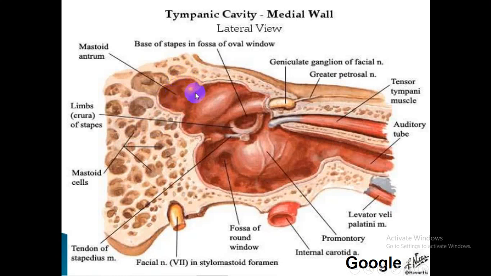Now below the aditus there is a small projection called the pyramid, and from the pyramid the tendon of stapedius muscle passes to stapes. This is the stapes. Now lateral to the pyramid